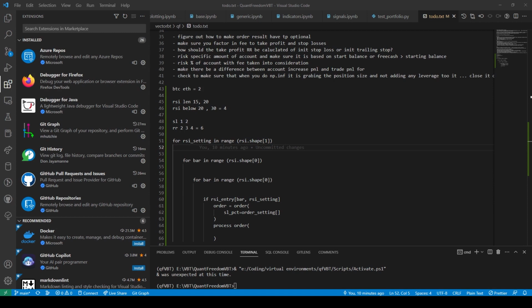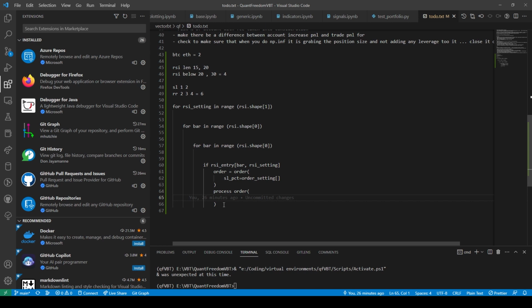Also, I didn't leave yet, and that's because I was trying to figure out the for loop thing, and I feel like you have no choice but to do the broadcasting thing because otherwise it just gets too complex. You have to do the broadcasting thing where the stop loss would get 1 1 1, then 2 2 2, then you'd have risk to reward as 2 3 4, then 2 3 4. Because when you're doing the for loop here, well, not here, but in another place,